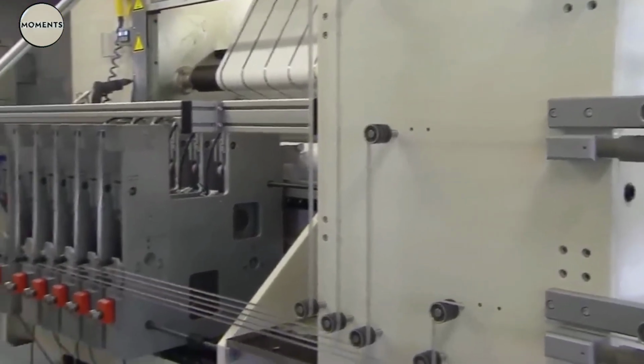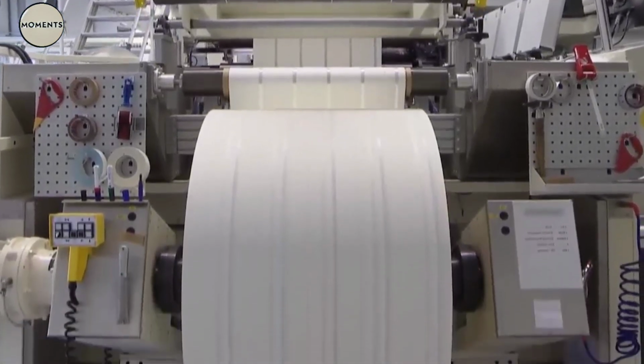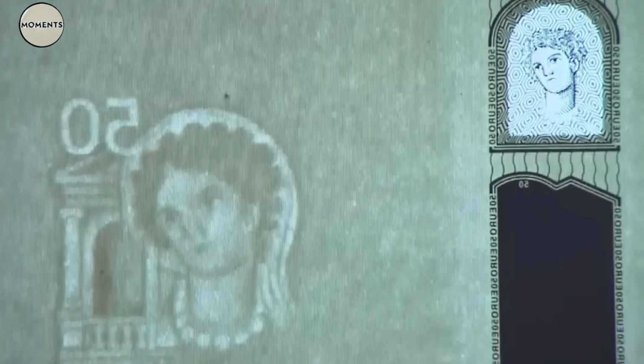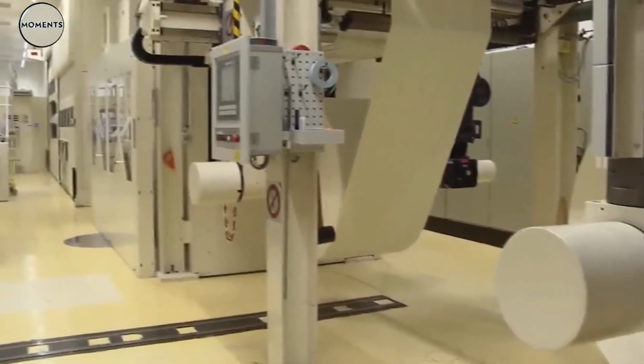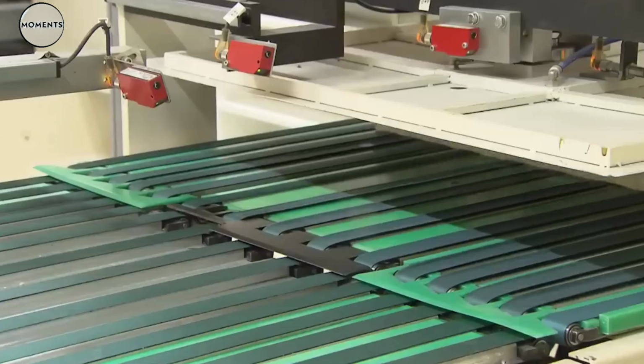During the drying process, advanced machines embed security features like watermarks and security threads directly into the sheets. These features are essential for preventing counterfeiting and ensuring the note's authenticity. Once the sheets are complete, they undergo rigorous quality checks. Each sheet must meet exacting standards, ensuring it is strong enough to endure years of handling while maintaining its distinct